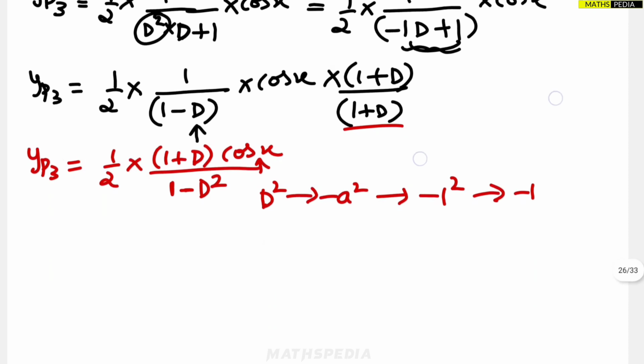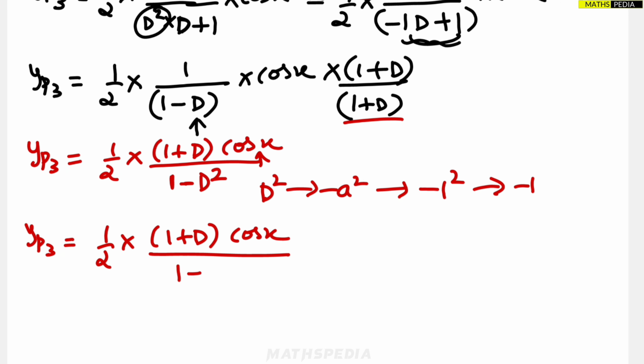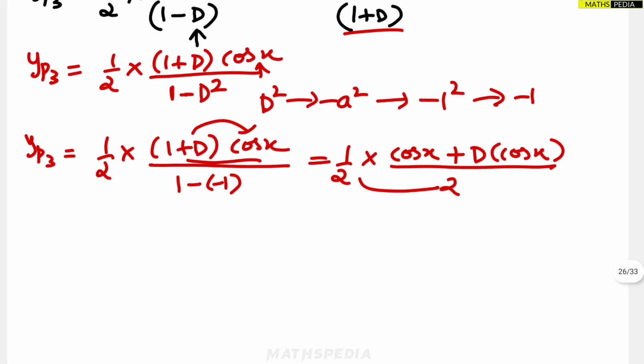So substitute here, what will happen? So 1 minus of minus 1, so it will become 1 plus 1, which is nothing but 2, right? We are getting 2 here. So I'll expand this bracket here. So expansion of this bracket, 1 by 2 into 1 into cos x is cos x plus d into cos x, whole divided by what you have to do, 1 plus 1 is 2. So this 1 by 2 and 2 will get multiplied. So you will be getting the answer as yp3 is equal to 1 by 4